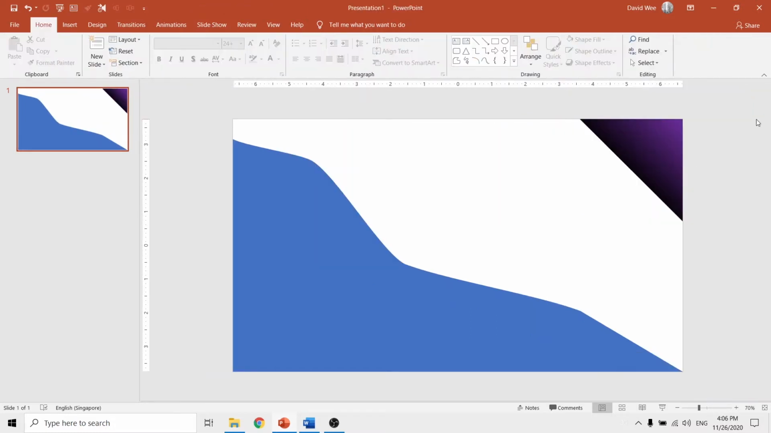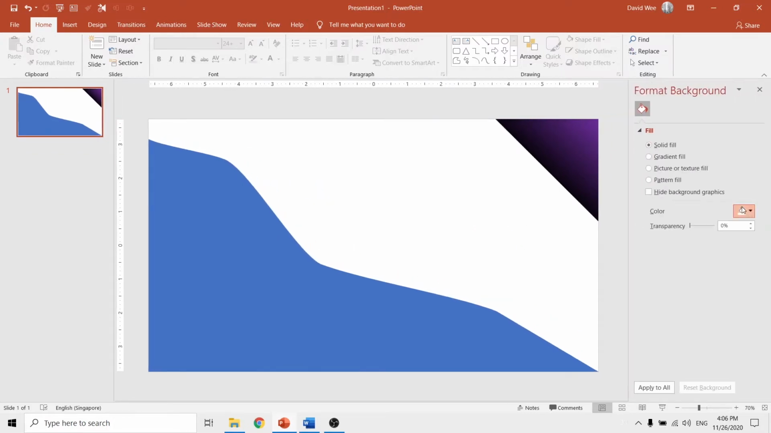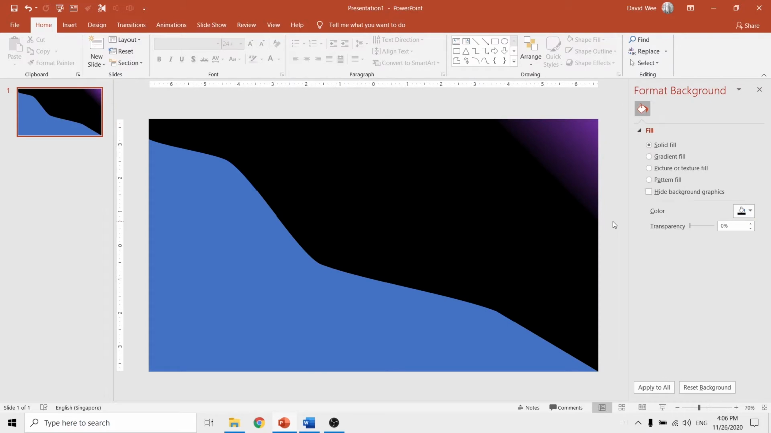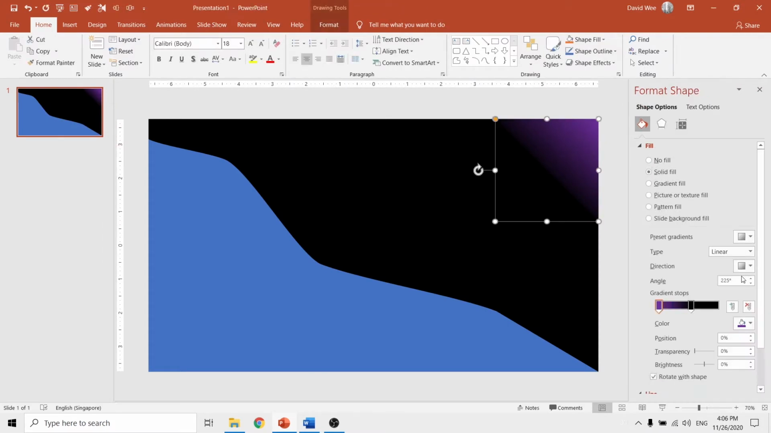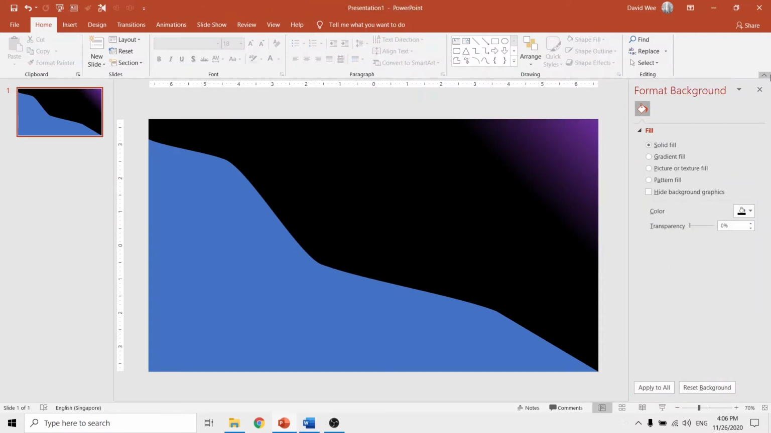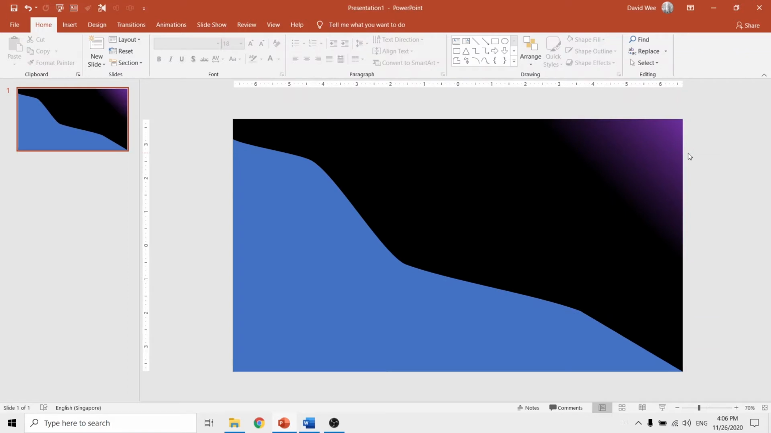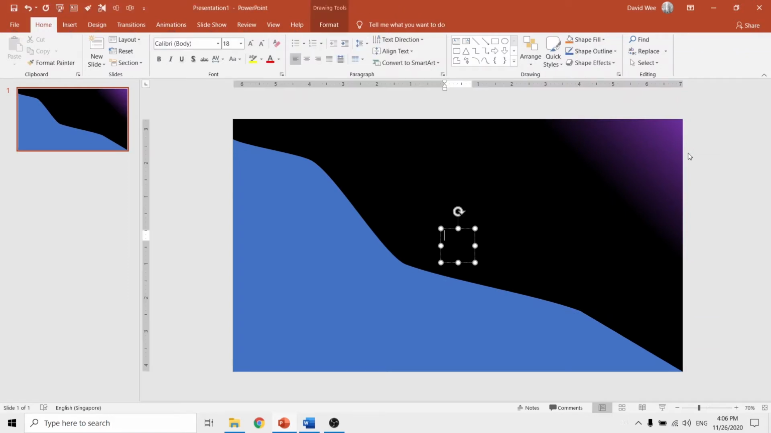And now I'm going to click on format background and we are going to change this to black color. So this is a very nice gradient that blends nicely. Now I'm going to extend this and make it bigger. Now I'm going to be adding in a text box and using the quick access toolbar, I would be writing in